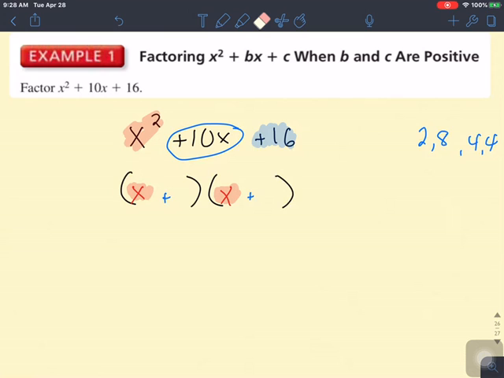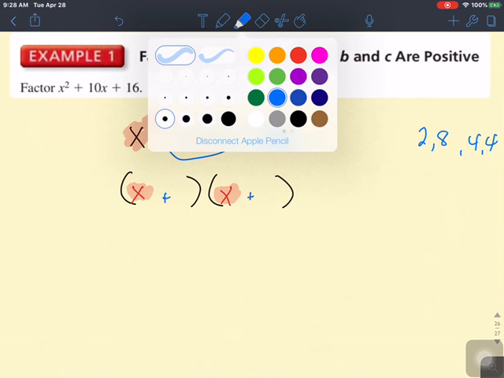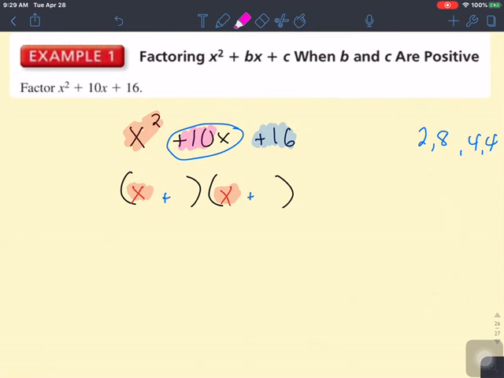The question is, you know that in the middle, we're going to add an x term plus an x term. Well, that begs the question, what two numbers added together will get you 10? Is it 4 and 4, or is it 2 and 8? And so you guys would say, well, it's 2 and 8. And that's where we have to look at the middle term. Even though 1 times 16 and 4 times 4 would give you 16, there is only one way that this would go. It's got to be x plus 2 and x plus 8,